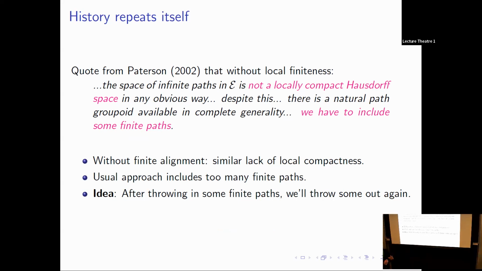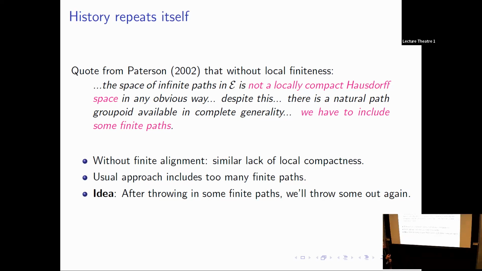How can we build a groupoid that's kind of like a Deaconu and Renault groupoid, but not exactly, for a non-finitely aligned high rank graph? And so it's good to learn what we can from history. And I saw in the introduction to Paterson's paper in 2002, when he attains the groupoid model in generality for directed graphs, he says how one of the key challenges is that the usual space of paths that's going to be the unit space for your groupoid can fail to be locally compact. And the approach to that is to throw in some finite paths